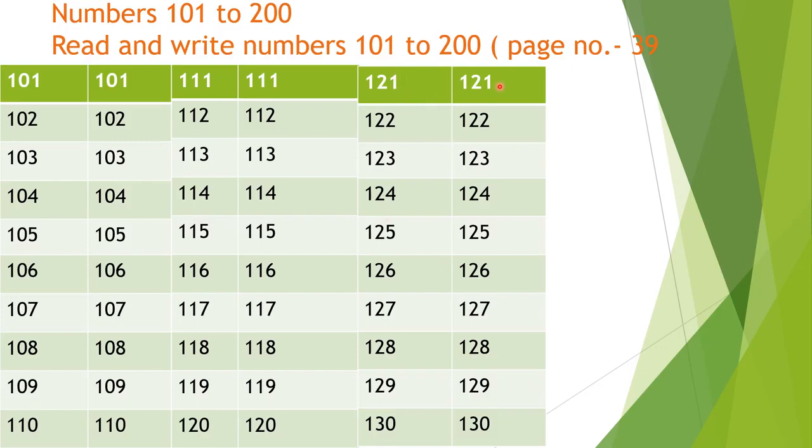121, 122, 123, 124, 125, 126, 127, 128, 129, 130. Next row is